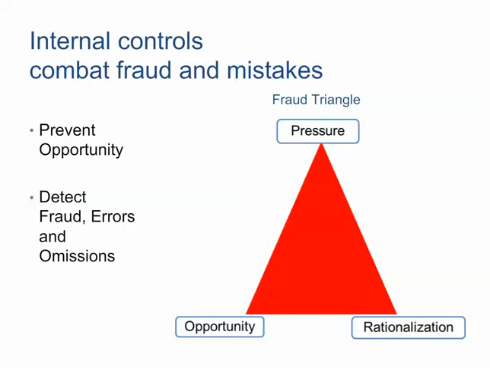Prevention activities are designed to deter the occurrence of an unfavorable event. Detection activities are designed to identify unfavorable events that have already occurred in a timely manner. Unfavorable events include fraud and misstatements due to errors and omissions. Misstatements may or may not be intentional. Intent is the major factor in determining fraud.